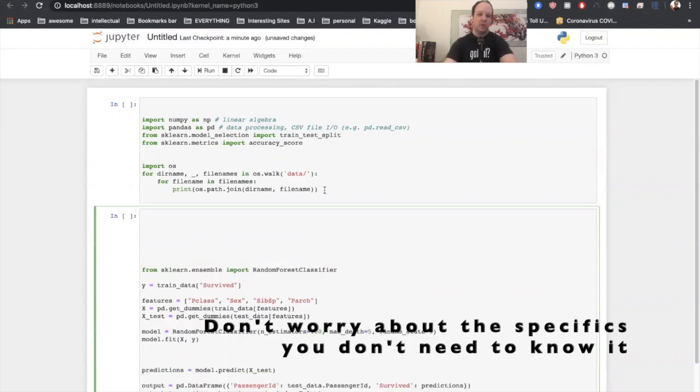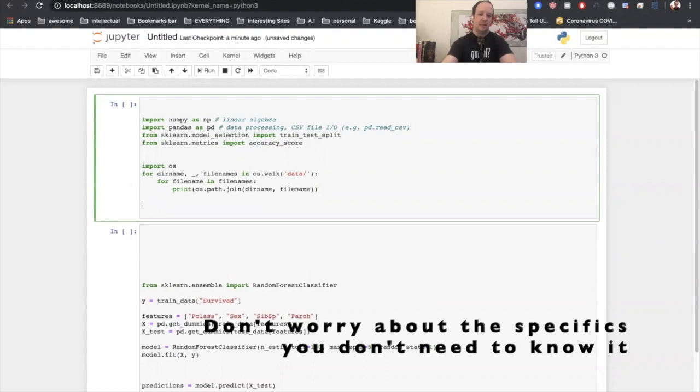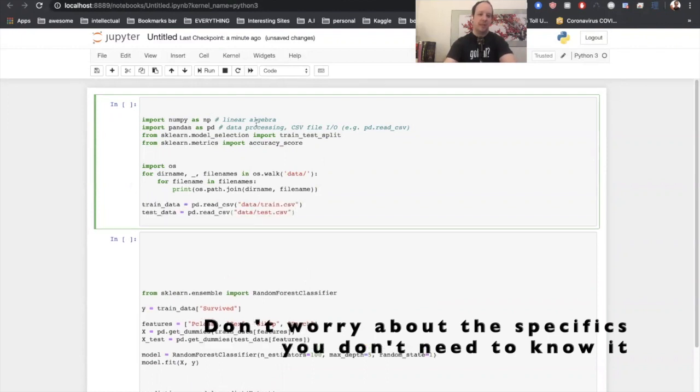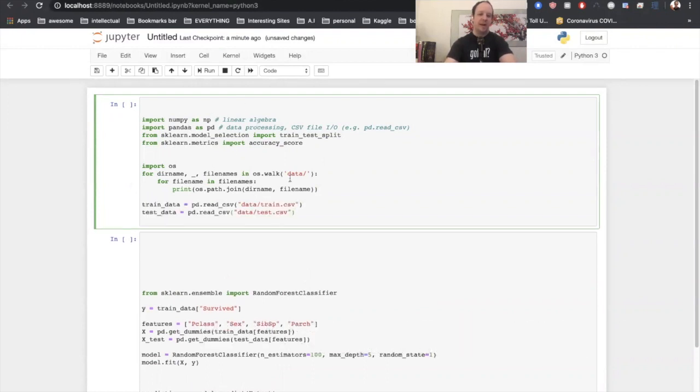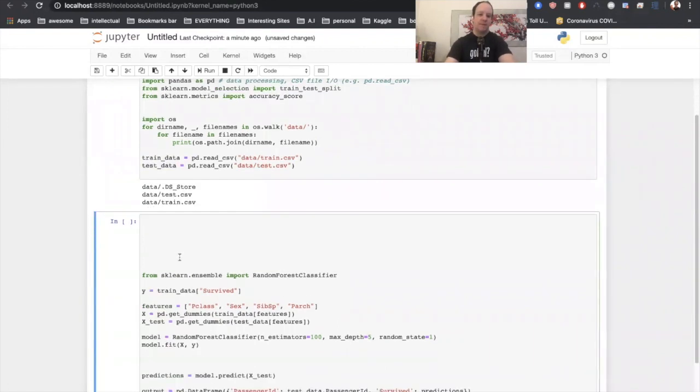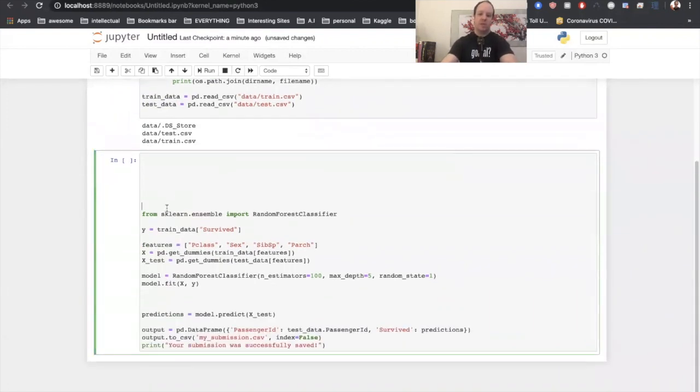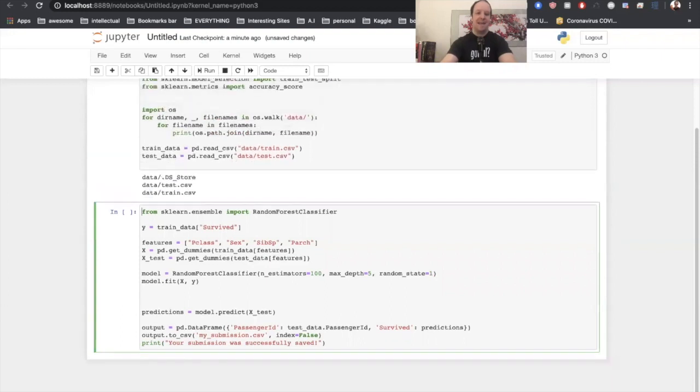So what's happening here is we're importing libraries that we need to make this work. We're pointing to the data path and the data file, and then we're specifying the two files as these two variables that we're going to read in. So it worked fine. So now what we're going to do is amend the example to